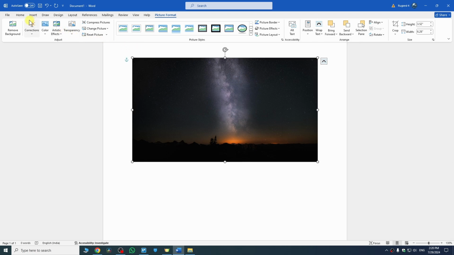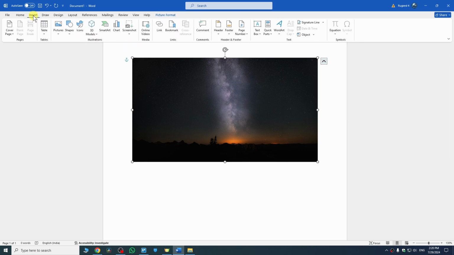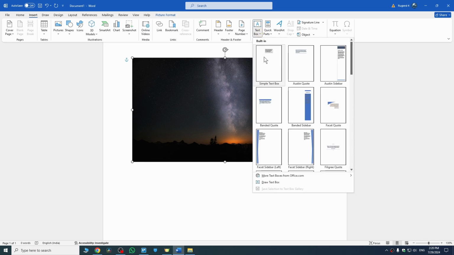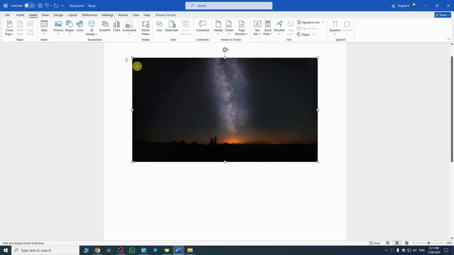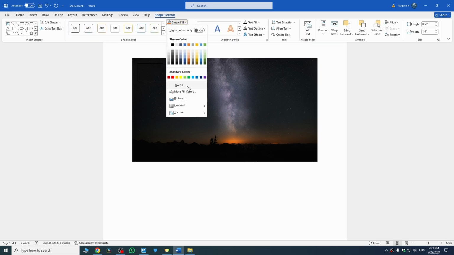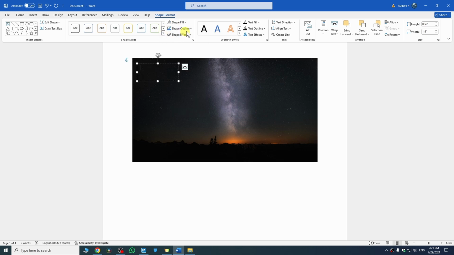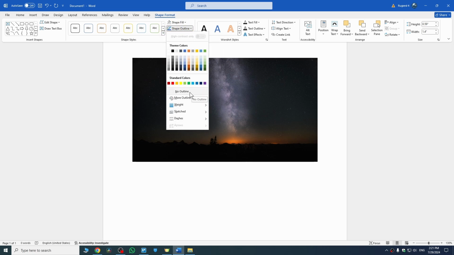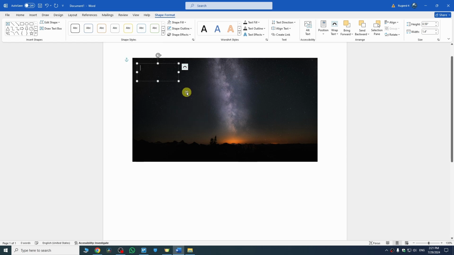Once you do that, we need to head to the option insert, which you can see at the top. Then here click on text box and now head to the option draw text box. So just click here. Now draw a box where you want to write your text, and now here we need to click on shape fill, which we want to set on no fill. So it is up to you, like if you want to add an outline you can just set according to you, but I just don't want to add an outline, so I'll just click on no outline,